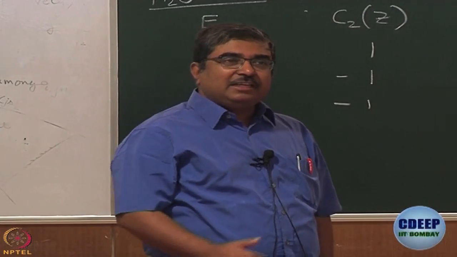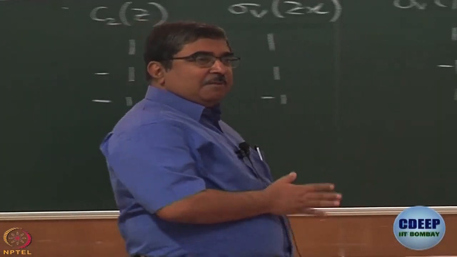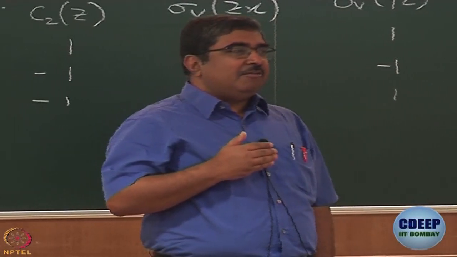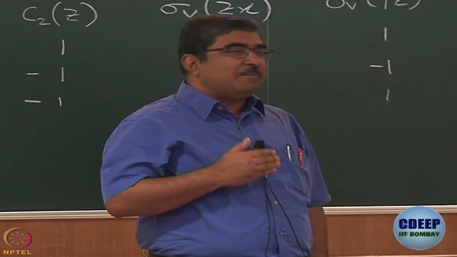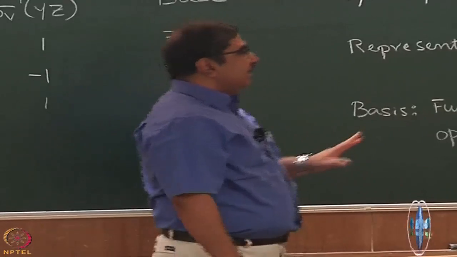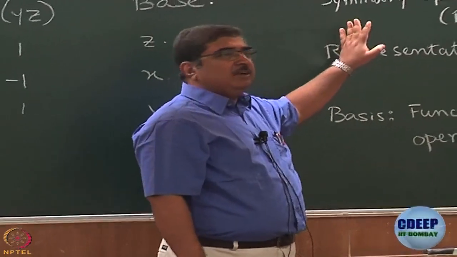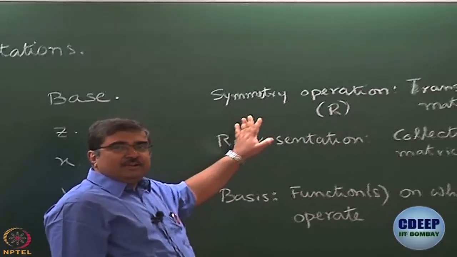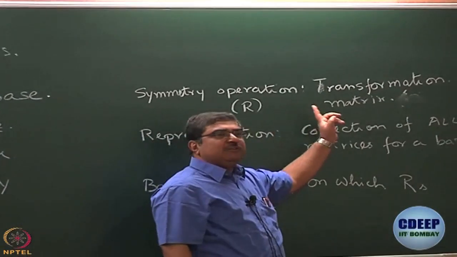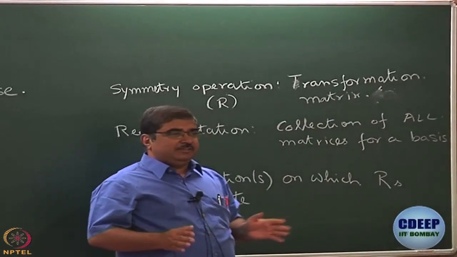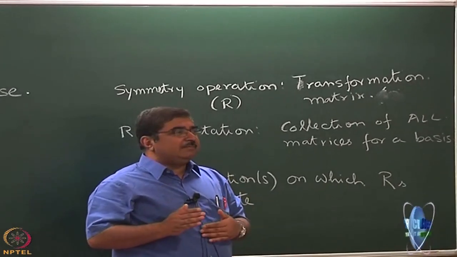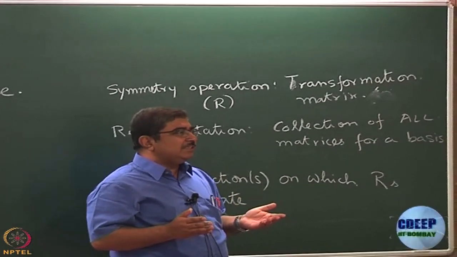That is why we are suddenly studying symmetry in this course, but what we will do here is that we will only develop a functional approach towards symmetry. What we have discussed so far is that take any symmetry operation capital R. In the previous class, we have shown that you should be able to write a transformation matrix corresponding to it. Are we clear about that part? Symmetry operation represented by a transformation matrix, right?